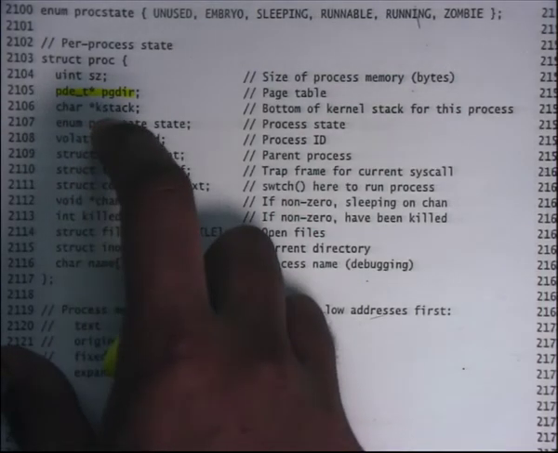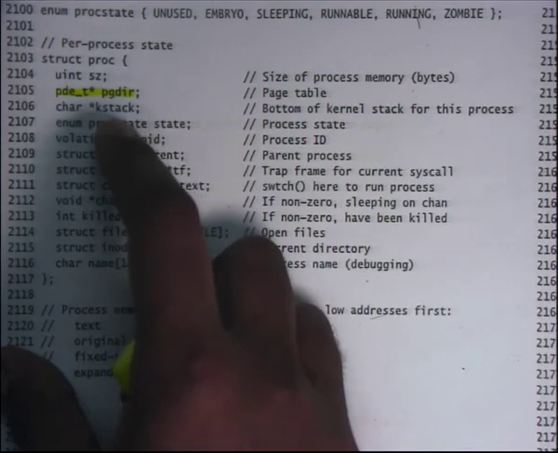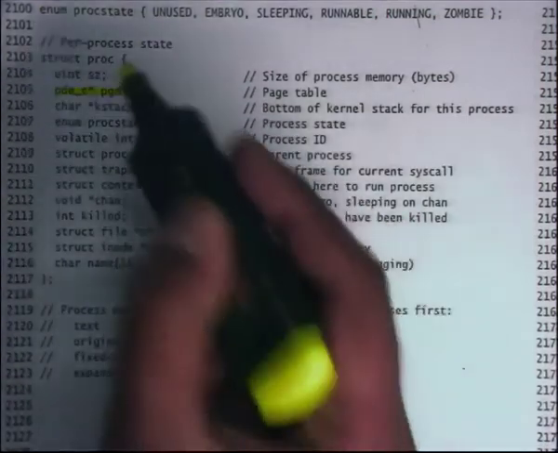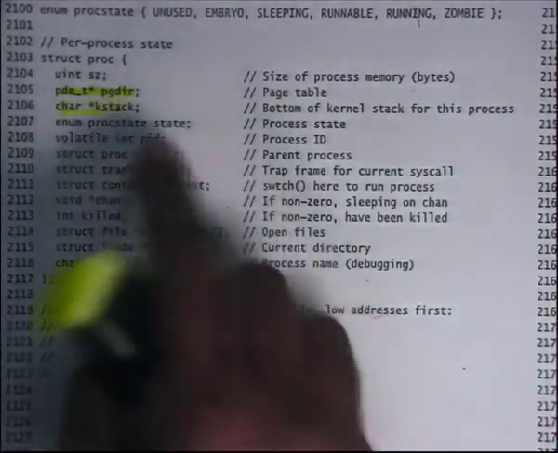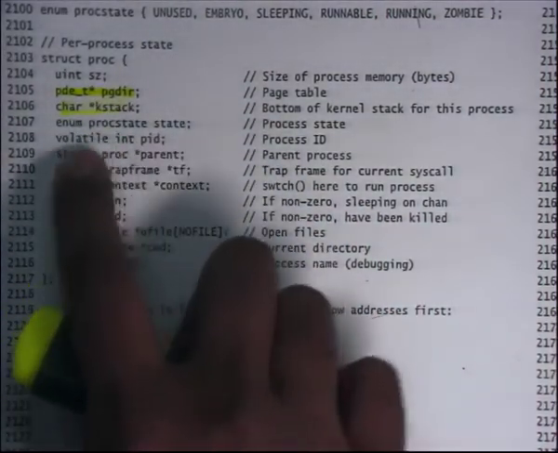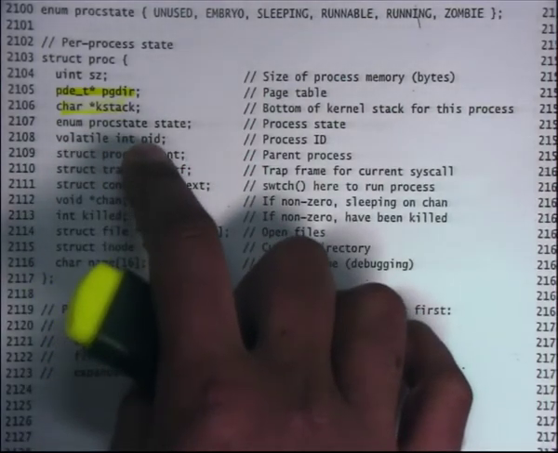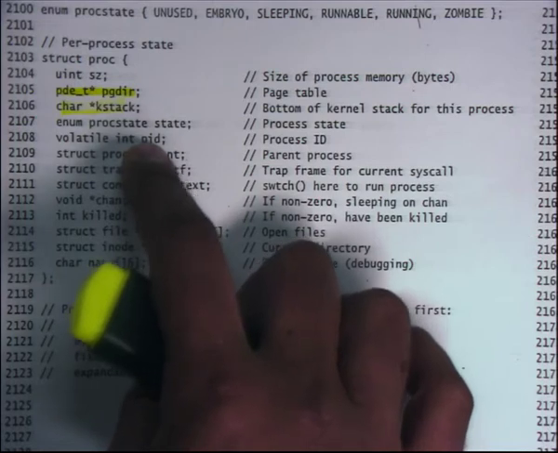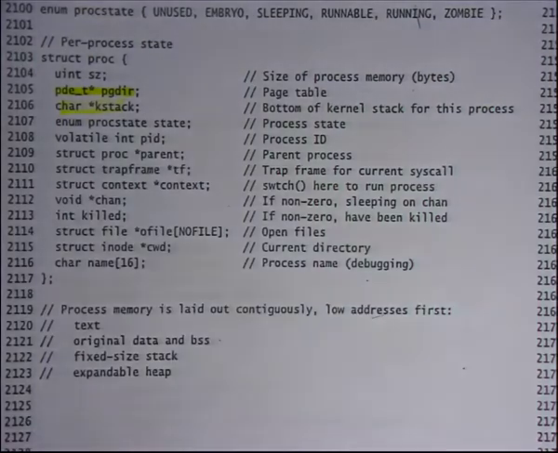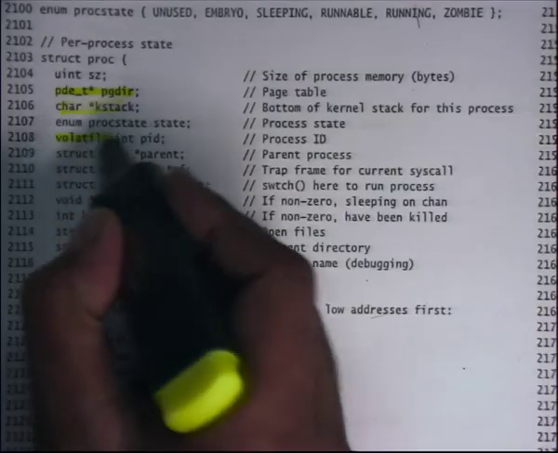The kstack, we understand this. Once again, it is allocated off the kernel heap, and the maximum size of a kstack in xv6 is 1 page. So we understand this also. Good. Then there is this integer called pid, which basically says what the process ID is. Every process should have an ID, and there is a system call called getpid, which allows the process to know its current process ID. So you need to store that.